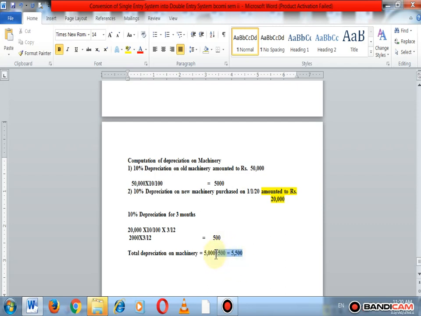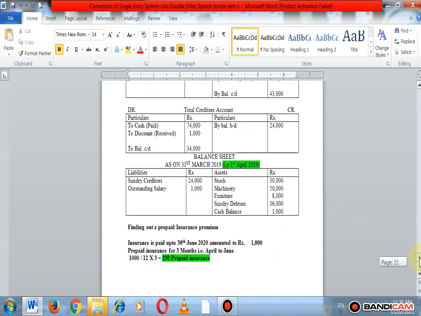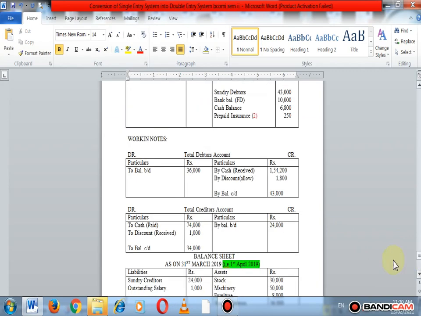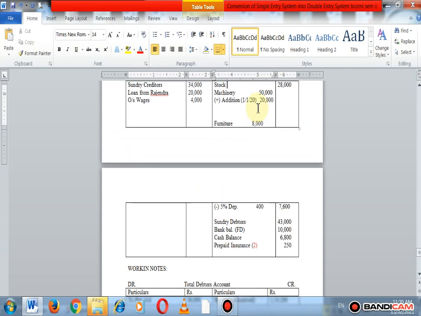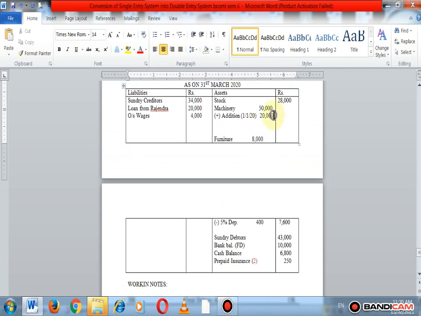So this depreciation is deducted from machinery, and second effect is on the debit side of profit and loss account. So here on closing balance sheet, here we make a total, that is